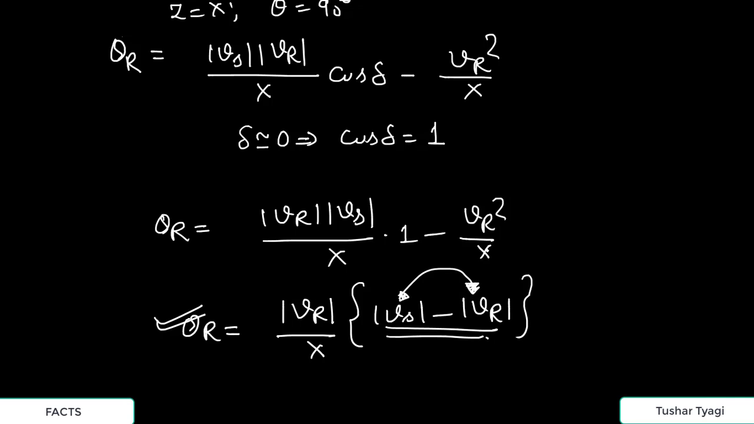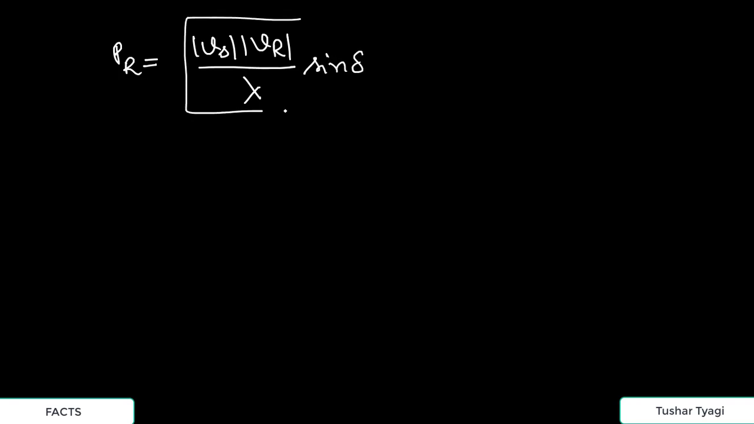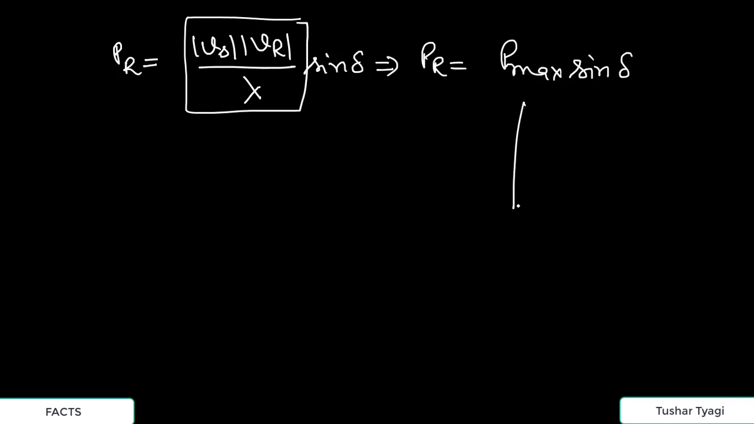So there are two important mathematical expressions that we are having right now. PR is equal to mod of Vs mod of Vr divided by X sine delta. Assuming it to be the maximum power that can be transmitted, I can write PR is equal to P max sine delta. And if you draw this